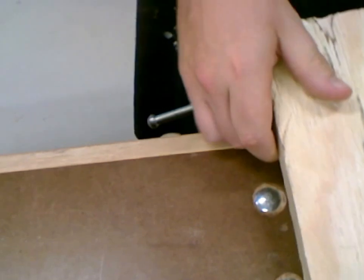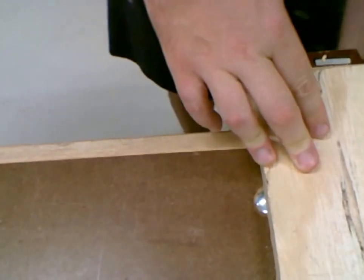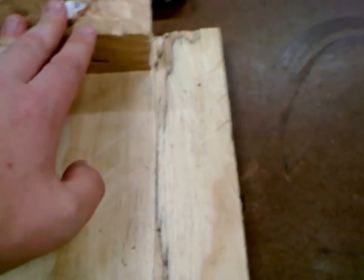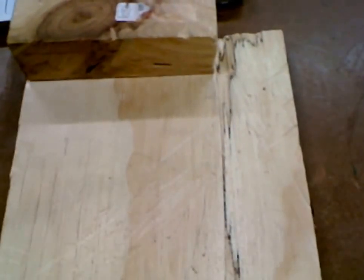I'm going to mount that in the vise, like so, okay? And it's really important with this bench hook that you notice the right way to do it, okay? So it's got this stop at the end, and that's to hold the timber, and it has a channel where you're going to cut. This channel needs to be on your dominant hand side. So for me, I'm right-handed, and the channel's on the right side. If you're a left-handed person, you can flip the bench hook over, and it will be on the left side,